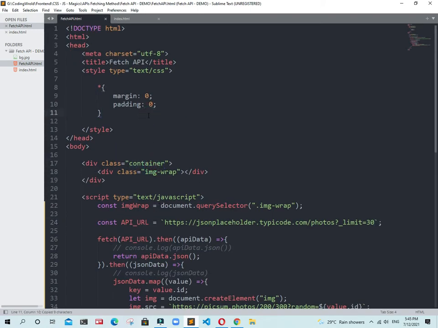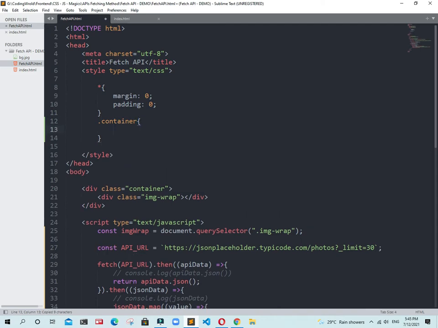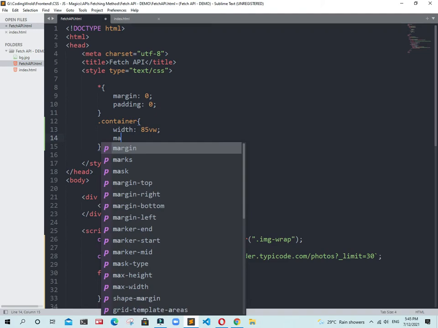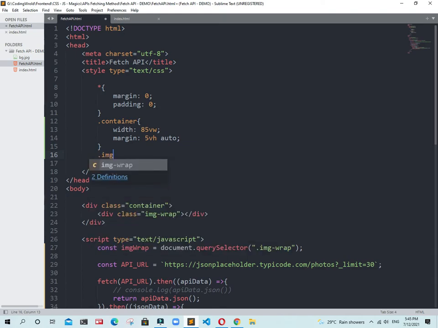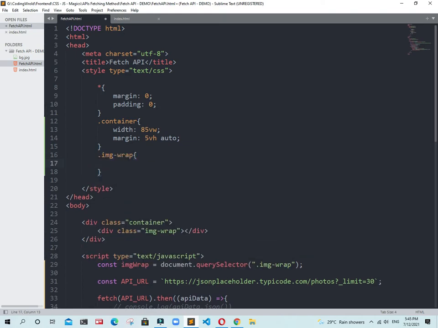First select this class container. Inside this container the width will be 85vw and the margin 5vh auto. Then go to select image-wrap.